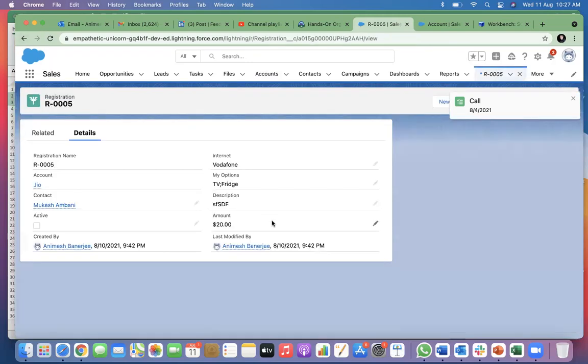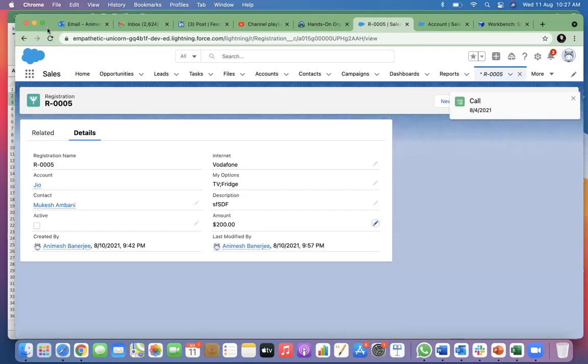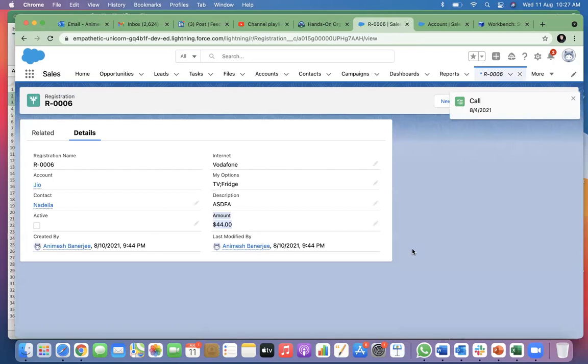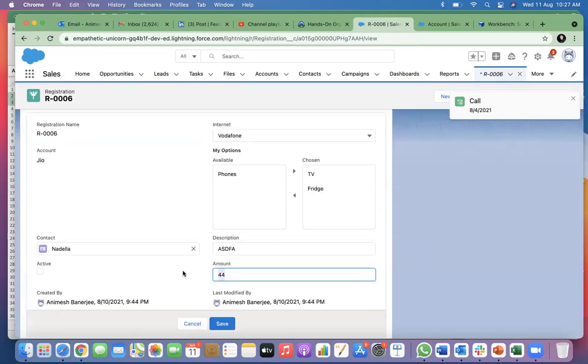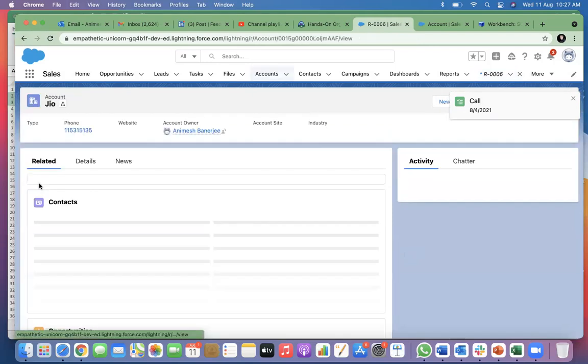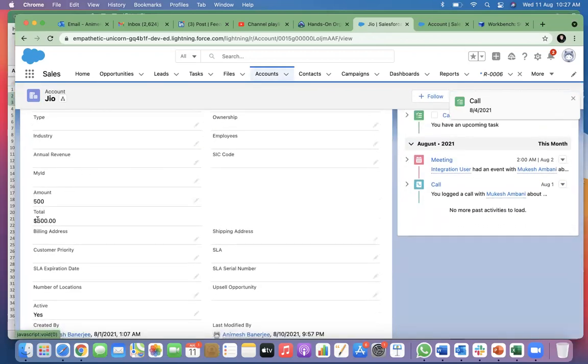Third one, $200. Fourth one, $150. What is the total? 150 plus 50 plus 200 plus 100, right? 500. So when I go to Geo and go to details, I see a total of $500.